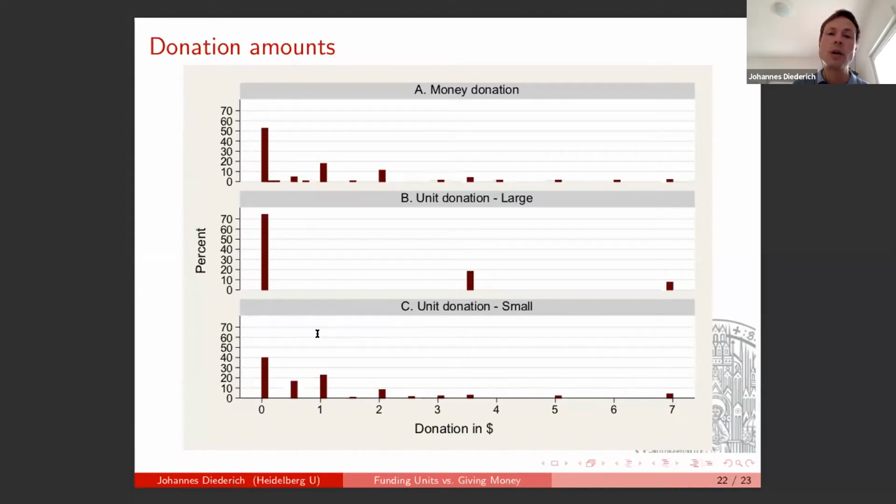And then if you now rescale their choice set by asking them how many daily rations do you want to give? One ration costs you 50 cents. As soon as you do this, you see that this zero spike here drops compared to here, and those people seem to allocate in the 1 unit, which is 50 cents expenditure